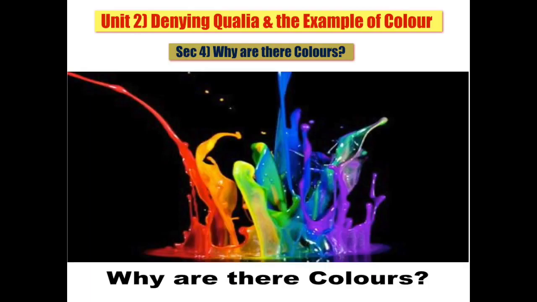Surfaces with different fundamental reflective properties can be seen as the same color, and the same surface under different conditions of lighting can be seen as different colors. The wavelengths of the light entering the eye are only indirectly related to the colors we see objects to be, end quote. There is no simple property of surfaces such that all and only the surfaces with that property are red in Locke's secondary quality sense.